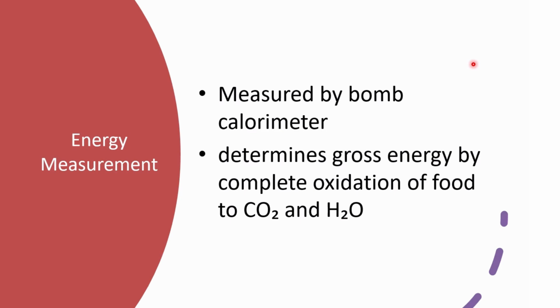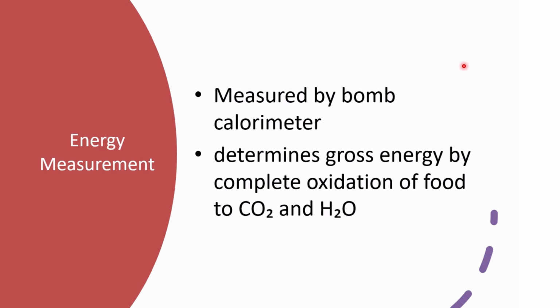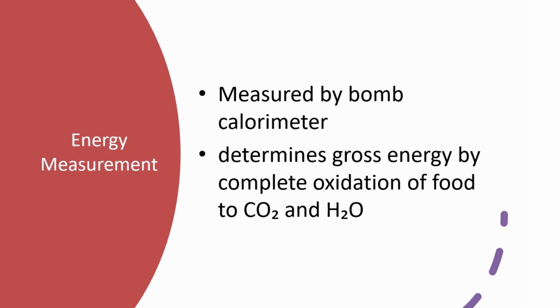When food is heated, it is completely oxidized, and as a result, there is a release of water, carbon dioxide, and oxides of other elements such as sulfur and nitrogen. The total heat liberated is expressed in kilocalories and kilojoules, and it represents the gross energy value, or the heat of combustion, of food. Now, the gross energy value is the total amount of energy released when a substance such as food or fuel is completely oxidized or burned. The heat of combustion differs between carbohydrates, proteins, and fats.